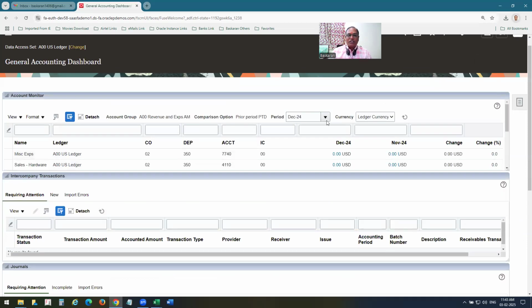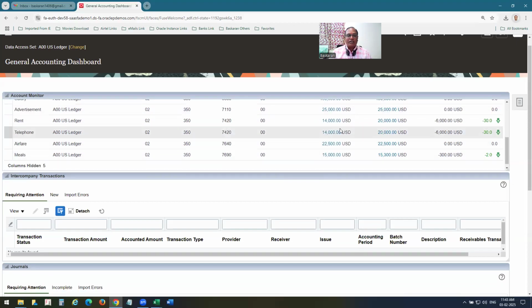By default, it is showing December because we set that as the default. Let me change it to February. It will compare with January. Because of the prior period, January and December, there is no difference at the moment except for some of our rent and telephone, etc. So what is the favorable decrease, favorable increase? One by one,